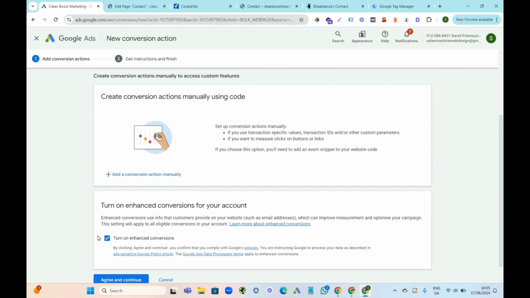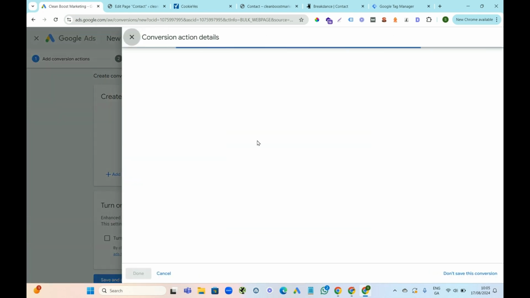And what we're going to do is make sure to turn off enhanced conversions, because this is just Google messing around with you again. They're going to start spending your money, they're going to start increasing prices. So again, turn this off, and we're going to go to this button right here, add a conversion action manually, press that,